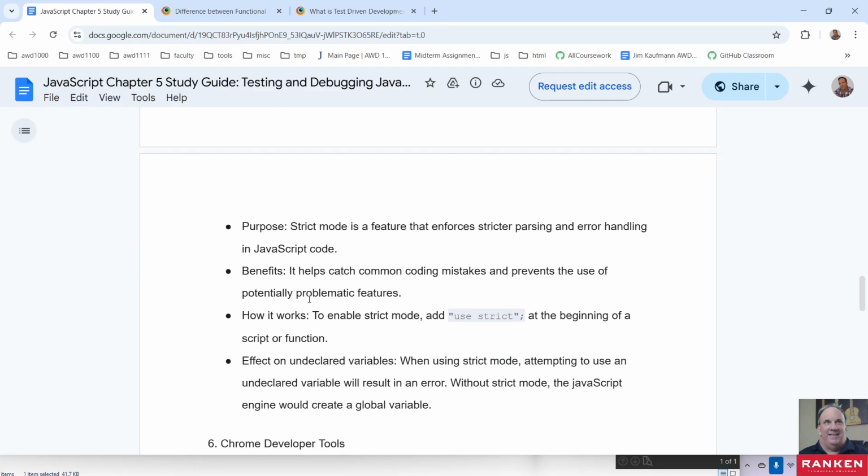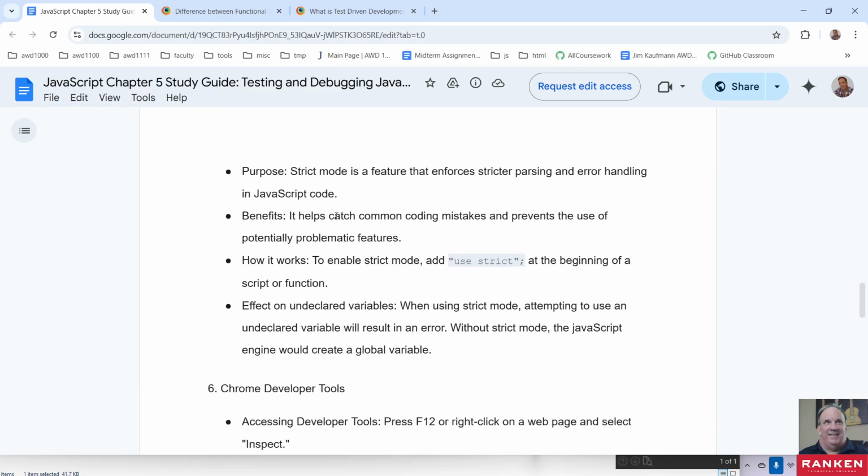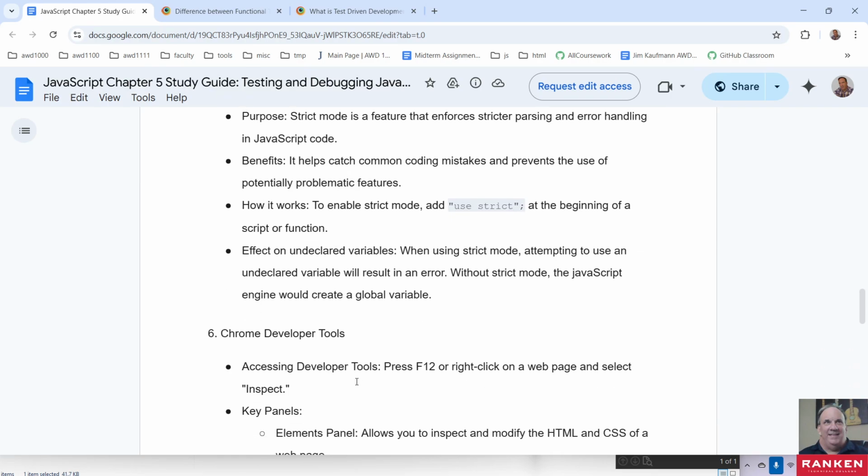Strict mode. We've already seen strict mode as a feature that enforces stricter parsing and error handling in JavaScript. It helps catch common coding mistakes and prevents the use of potentially problematic features. How it works: to enable strict mode, you add use strict at the beginning of your script or function. Generally you just want to keep it at the top of your file, but for some reasons